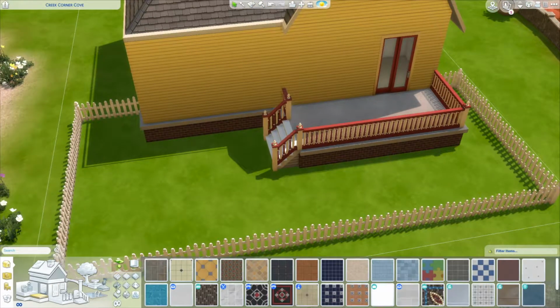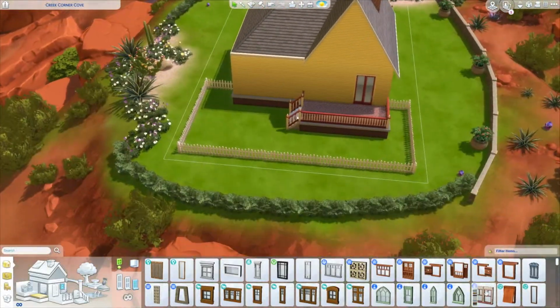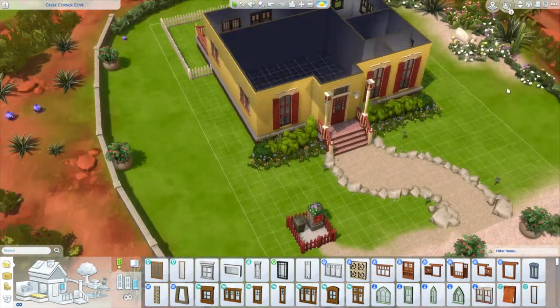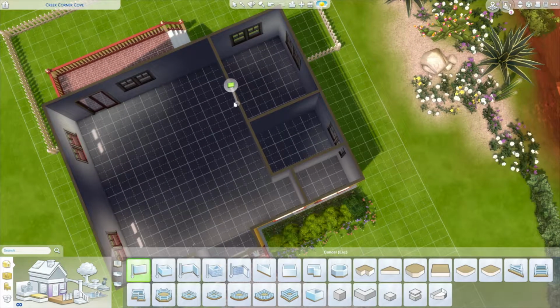So you can lock that gate for everybody but your household members, and then angry Sims that come to visit and feel like knocking over your trash, they can't get to it. It's fabulous. So here we are. I'm starting on the inside,